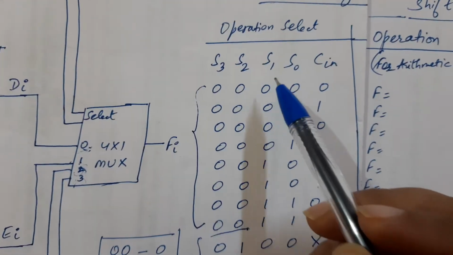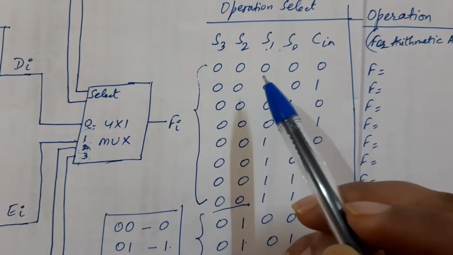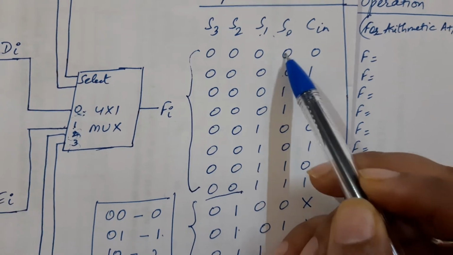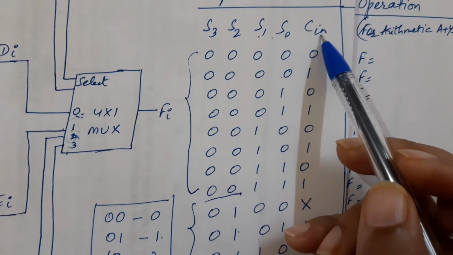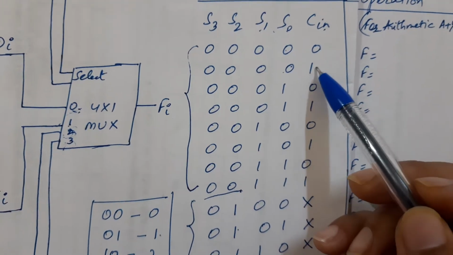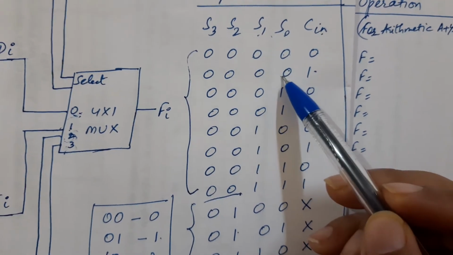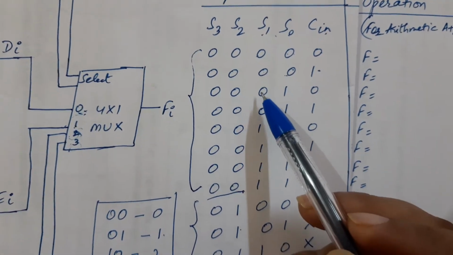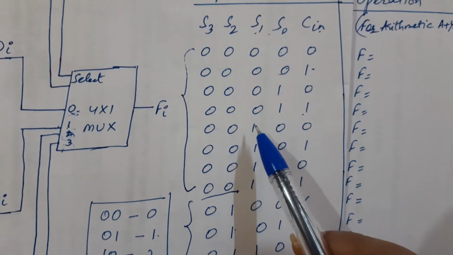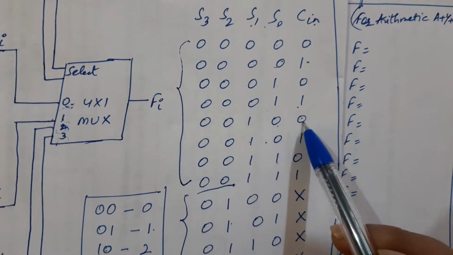So now come these selection lines S1, S0. Here we assume that first of all S1, S0 takes the value 0. We take two cases because the carry also has two cases: either it will be 0 or it will be 1. That's why we have selection lines 0, 0 two times. Next is 0, 1 for 1, where the carry input is either 0 or 1. Again 1, 0 two times because the carry input can be 1 or 0.